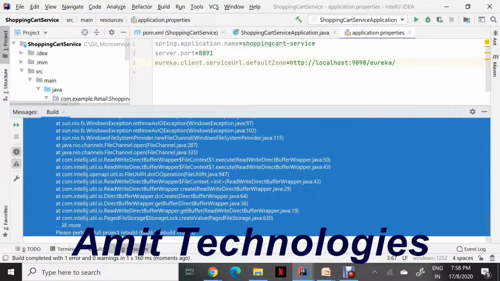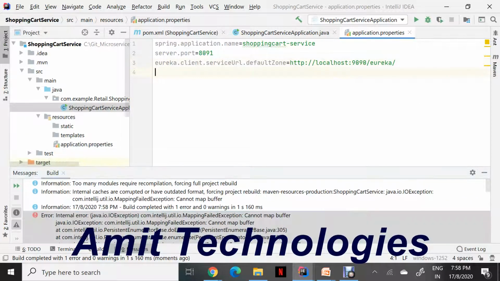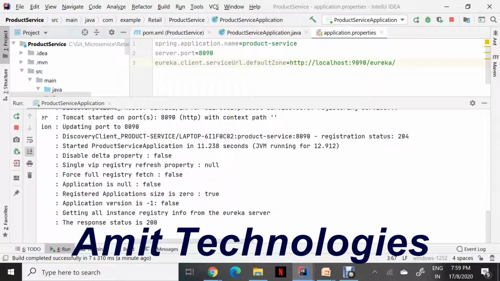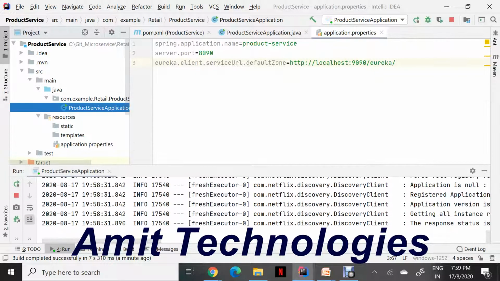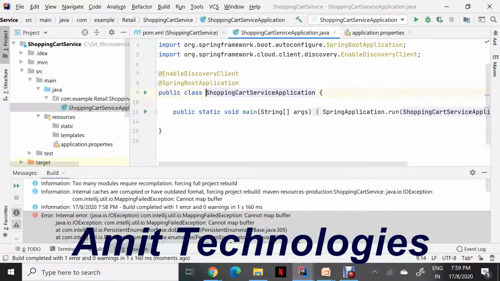Some exception is coming. Illegal mapping found. Some mapping is having an issue. So have we copied properly? I think so. Product service and this one is shopping cart. Enable discovery client is fine.